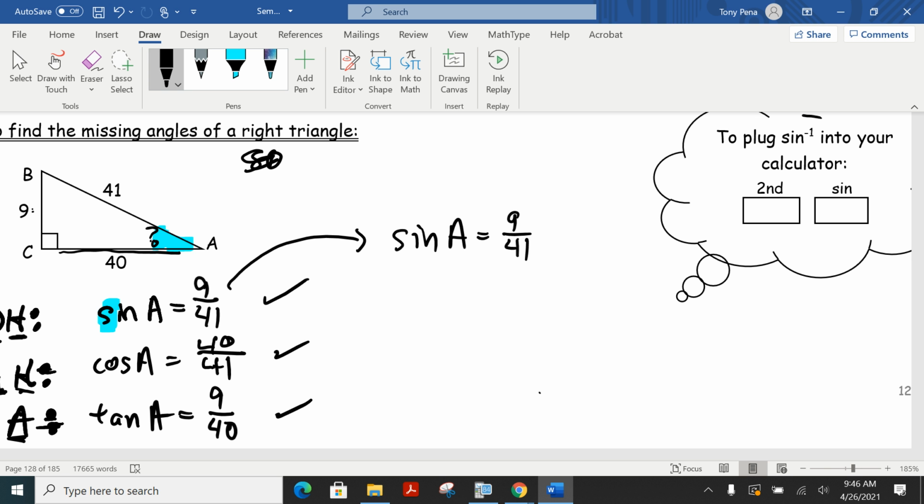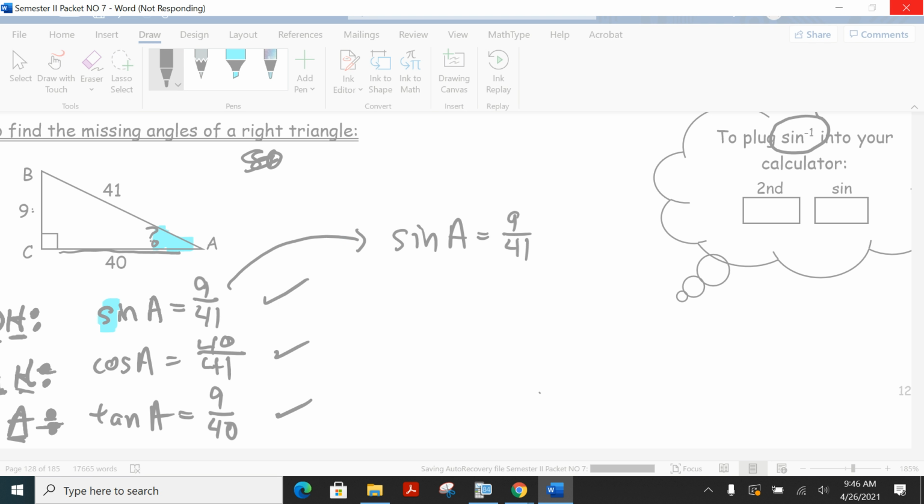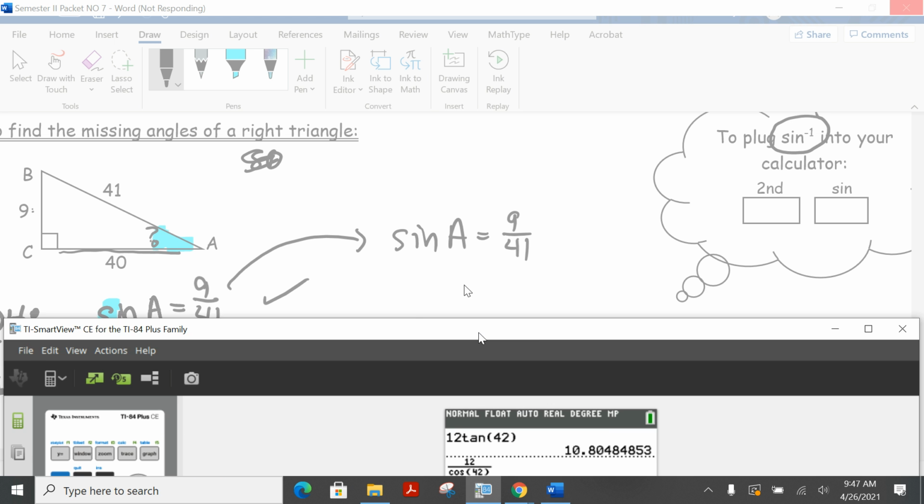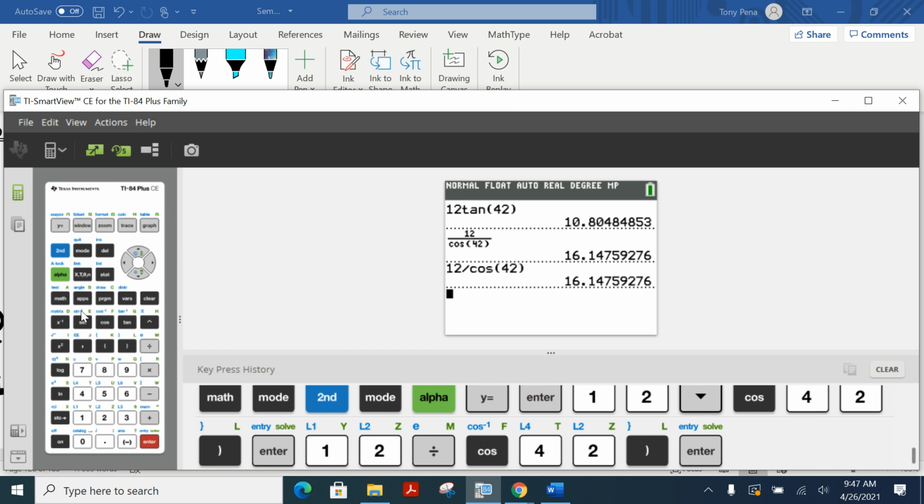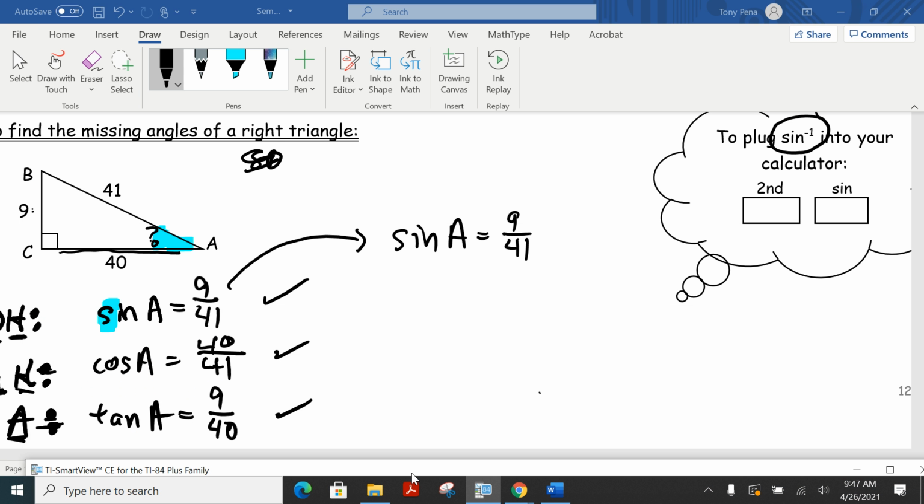So look on your calculator, and I'll show it here in a second. Look at the sine key, the regular sine key that you probably have already used. Look above that. It's not a key, it's written on the calculator wall itself. See how it says the little sine of a -1? The way that is read is the inverse sine. So here is the sine key, and right above this is the second sine. That's how we get rid of a regular sine. So what we're really doing here,